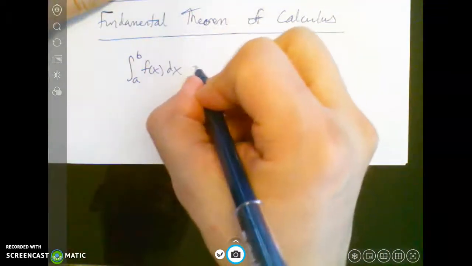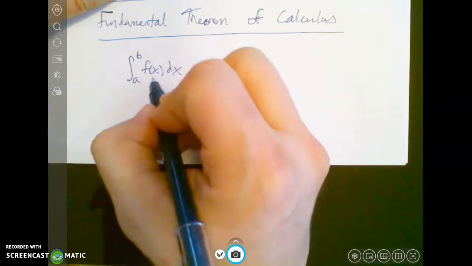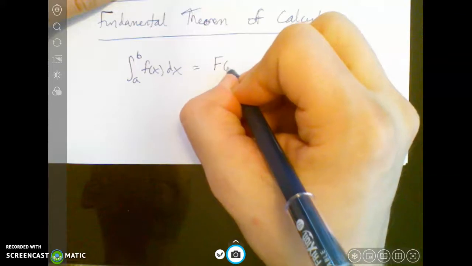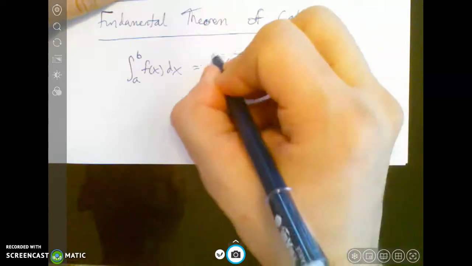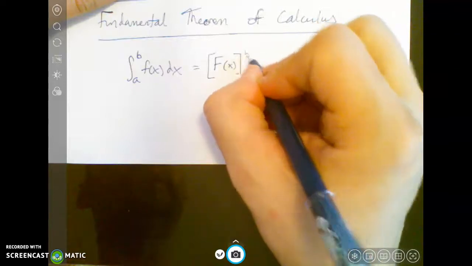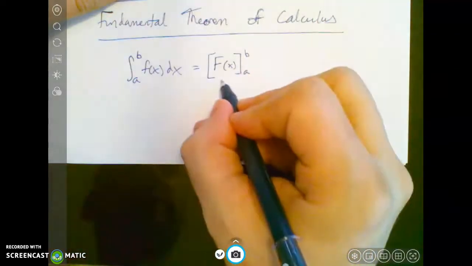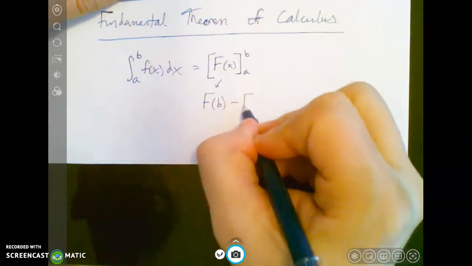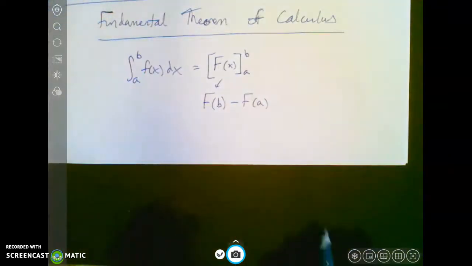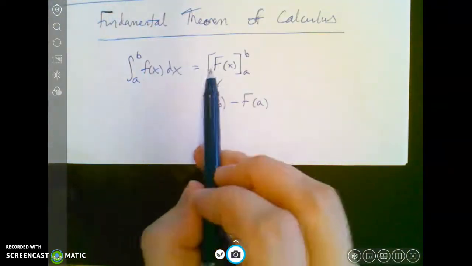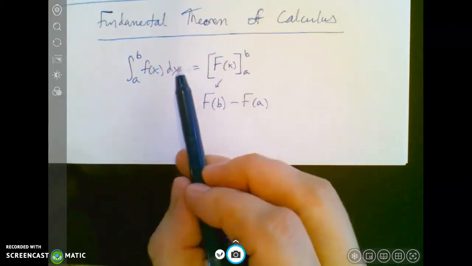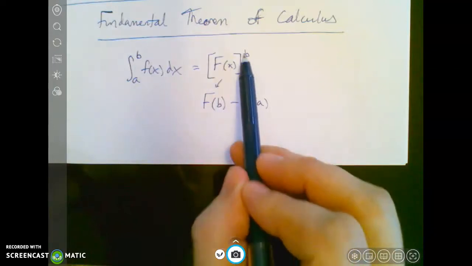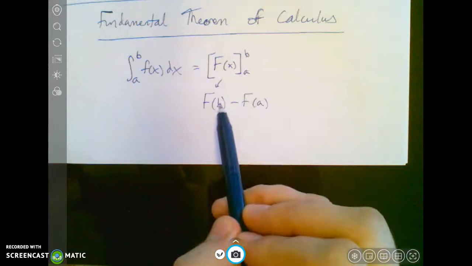So the fundamental theorem of calculus says if you have the integral from a to b of f of x dx, it equals, notice I'm doing a capital F of x, evaluated from a to b, which splits up into the capital F of b minus the capital F of a. So basically, remember when we do a capital F, it's the integral. That's where we do our antiderivative trick. So it's the antiderivative of this guy where I do my trick. And if I want to evaluate from a to b, I plug in the upper limit first and subtract off